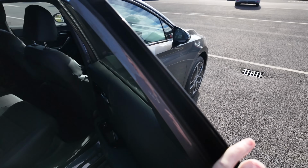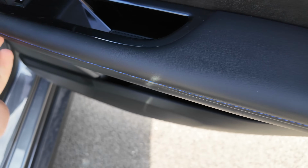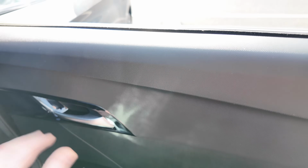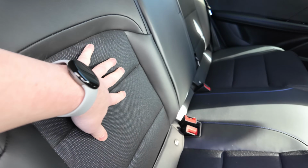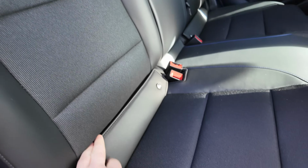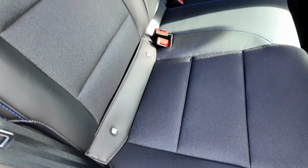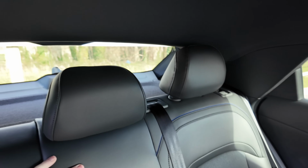And so on the door then you've got some textured plastic and then some soft touch leatherette with blue stitching, gloss black window tinted in. The top level trim goes all the way down. Two Isofix in the rear. You've got that leatherette with that dual fabric, and the Isofix is an actual Velcro strap. 3 headrests as well, and with this one up, limited space out the back now, rear visibility,